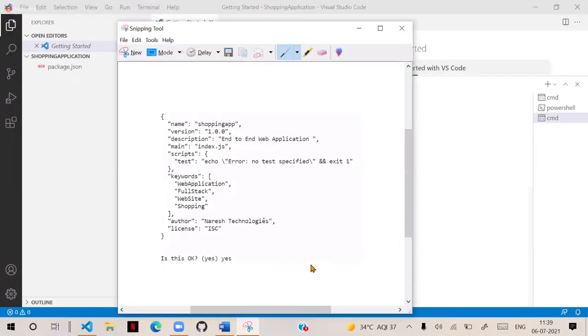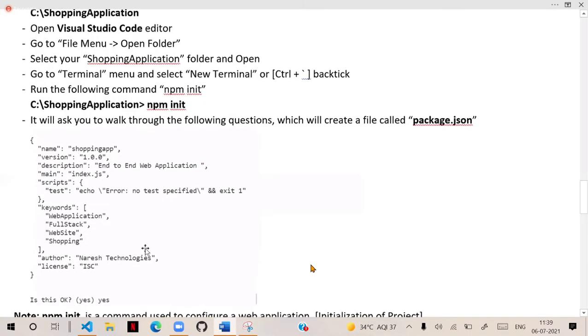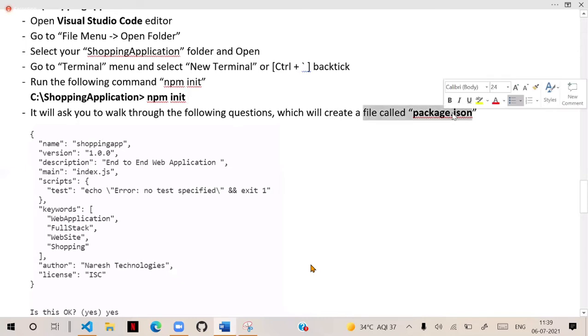This is the set of questions it asked us, and we answered it. These are the options, and this will generate the package.json file. I gave the name, the version, the description, and everything, and it will generate the package.json file.